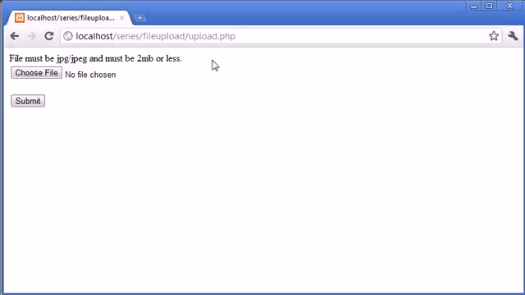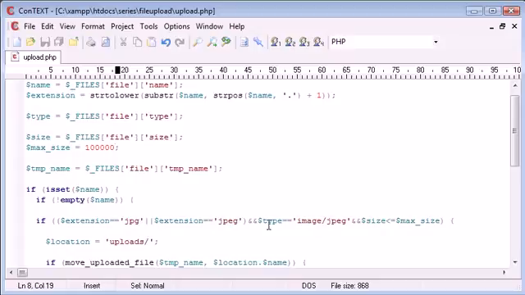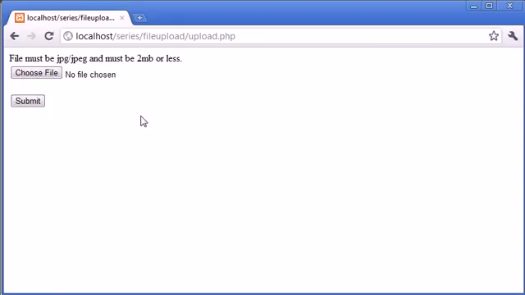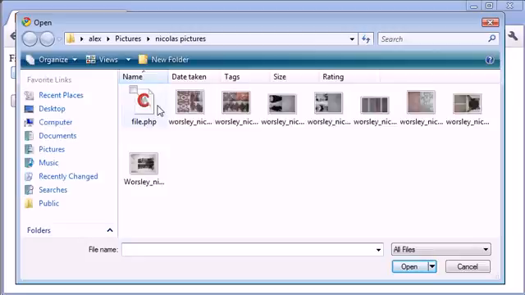So you can modify your error message accordingly, or you could do 2 different if statements, one to check the extension and give the appropriate message, and one to check the size and give the appropriate message there as well. So now let's choose this